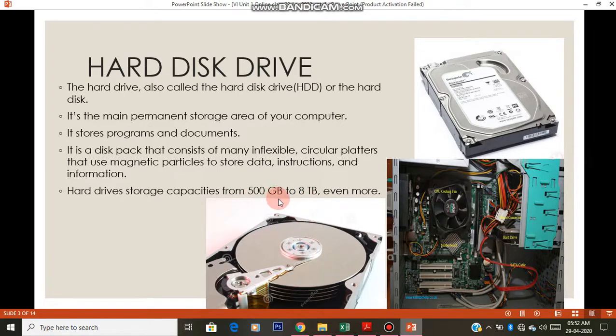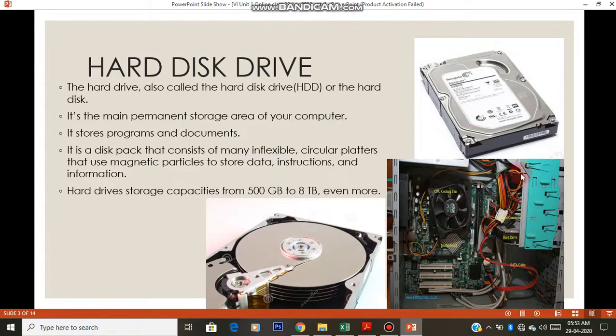So 500 GB is a very big amount of space where we can save things. So you can save many things from the computer. The usual size of your hard disk will be 500 gigabytes to 8 terabytes. Even bigger hard disks are available.